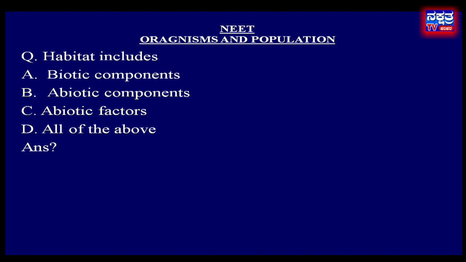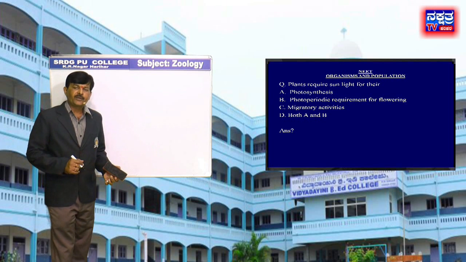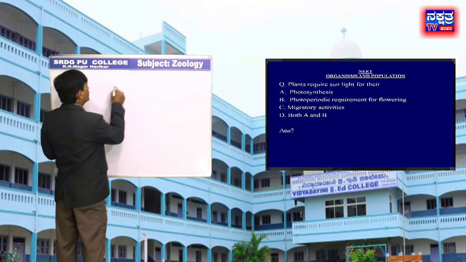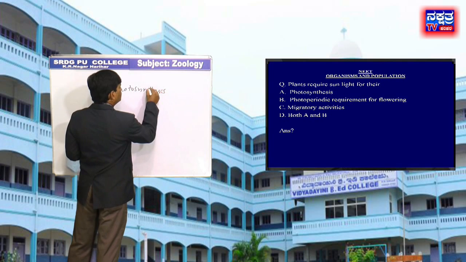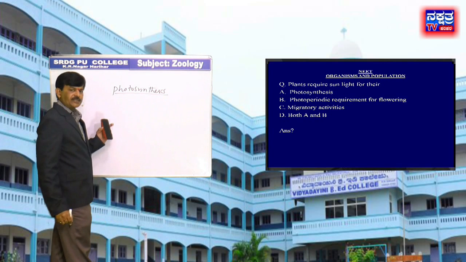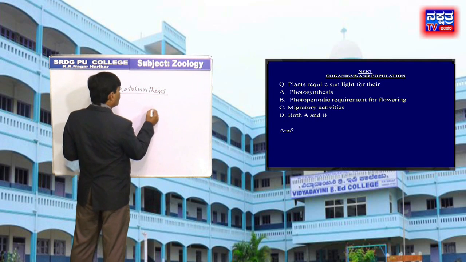Move to next question. Plants require sunlight for their option A, photosynthesis, B, photoperiodic requirement for flowering, option C, migratory activities, D, both A and B. The process, that is photosynthesis, takes place in plants. The process of formation of the food,